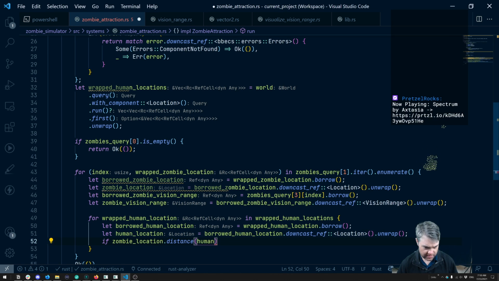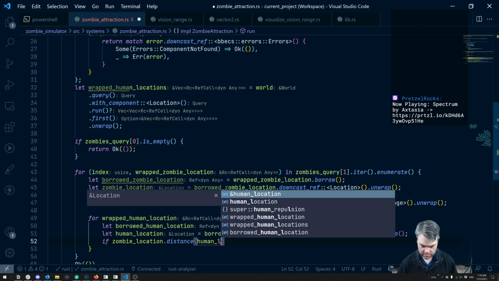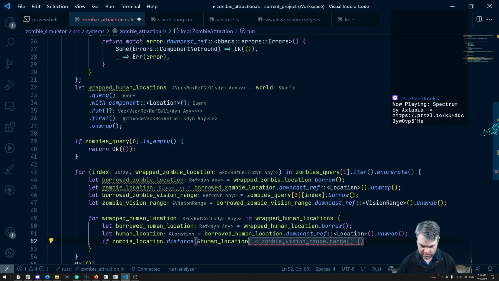So human location, like a human location? It keeps wanting to do too many closing parentheses. Okay, if that is less than the zombie vision range dot get,